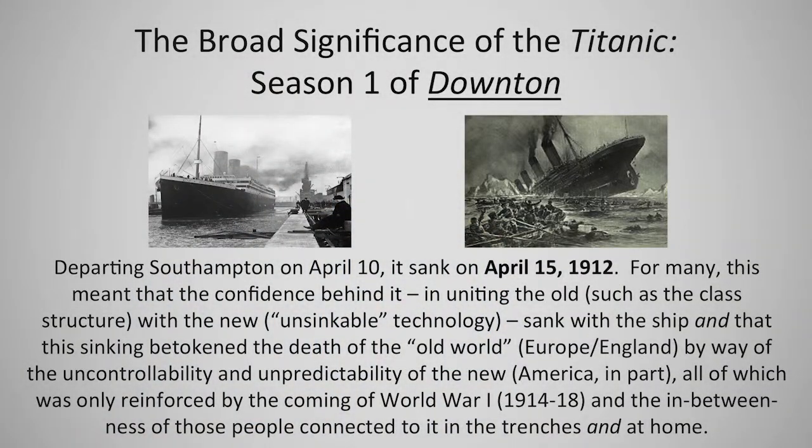Now, I want to point out some major historical events that Downton Abbey uses. And I've chosen these because all of them have a significance in the end, by the way they're used in Downton Abbey, beyond merely the historical events themselves, thus establishing that kind of universality that Aristotle talks about. First, there is the really broad significance, beyond itself, of the sinking of the Titanic on April 15th, 1912. And that is the historical event that really begins Downton Abbey in season 1.